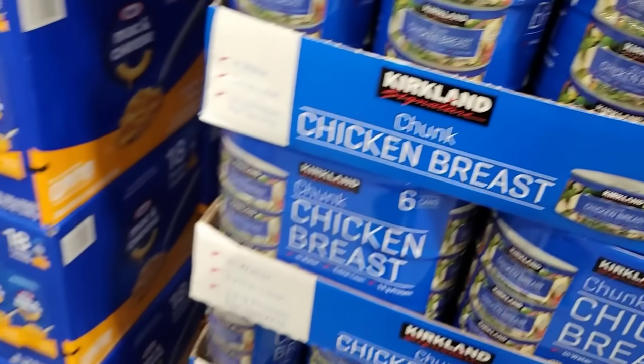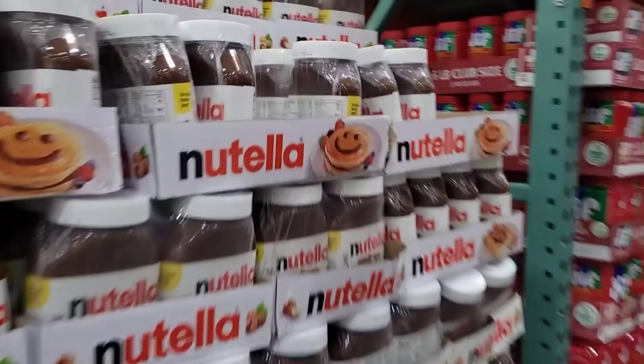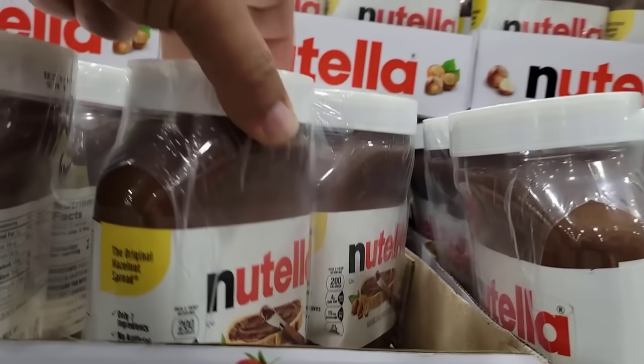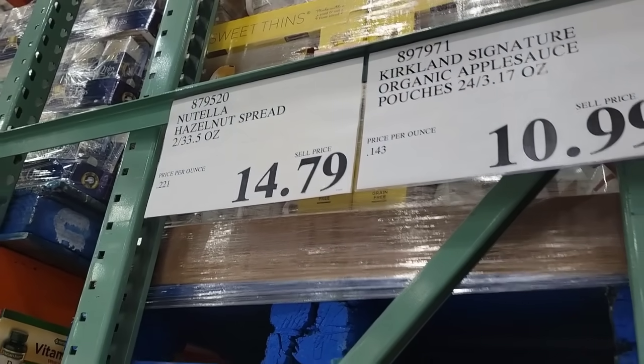Do you all remember about 3 years ago when they used to sell for like $7 or $8? And here is our favorite spread, Nutella. Who doesn't love some Nutella, ladies and gentlemen, even though it's terrible for you? Well, back in February of 2021, this 2-pack was selling for $12.39, and now it sells for, what is this,